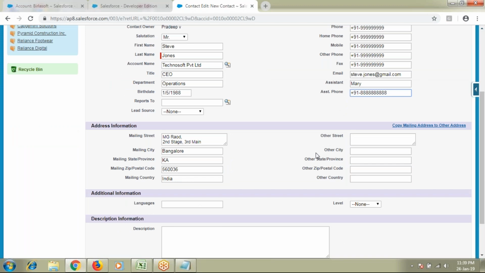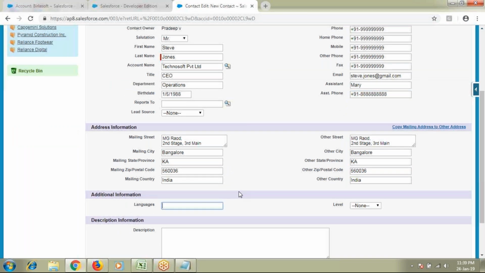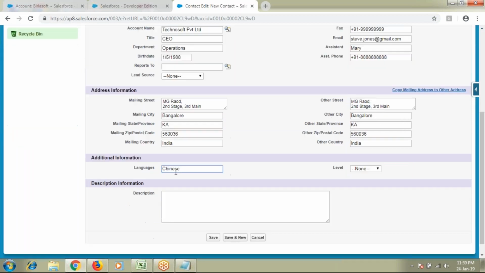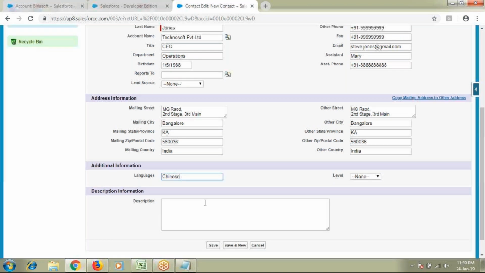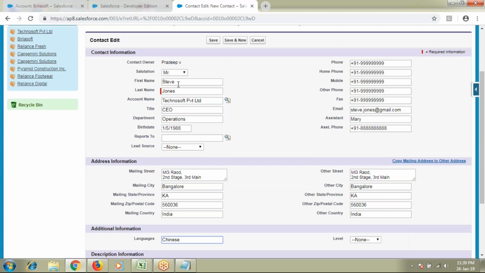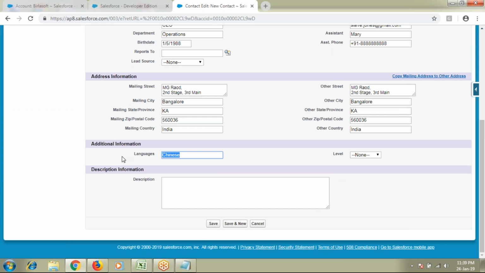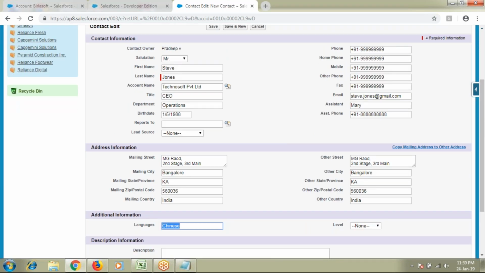So what are the different languages that this contact knows? Let's suppose he knows only Chinese. So whenever I'm trying to contact this person, I should know the Chinese language, right? That is why, whenever you're creating a point of contact, you also have to make sure in which language he is expert.